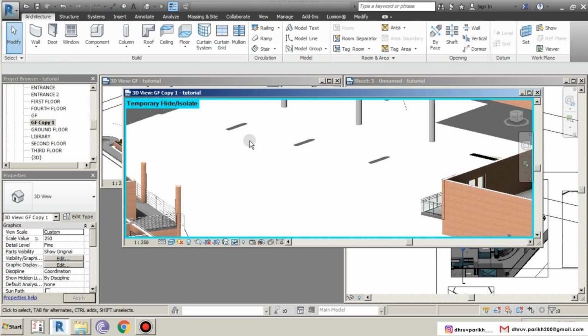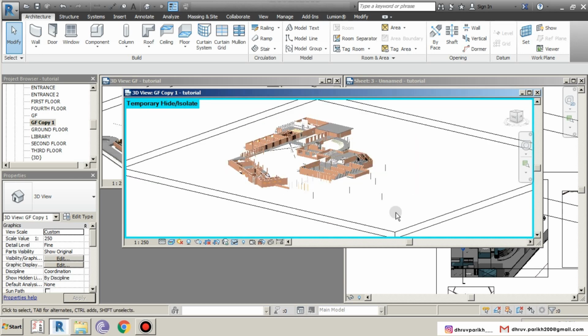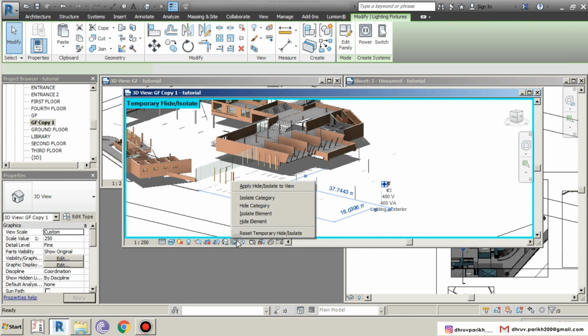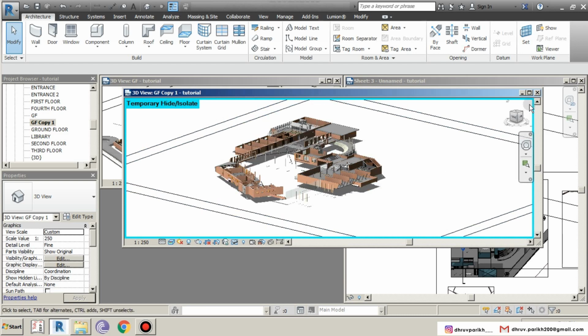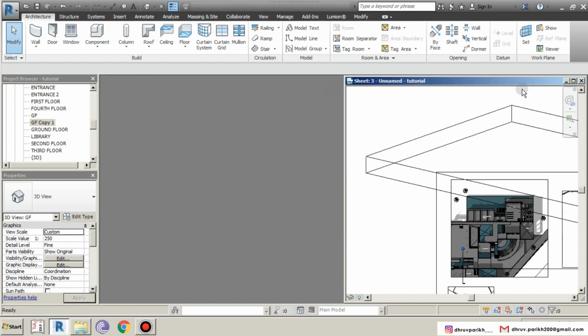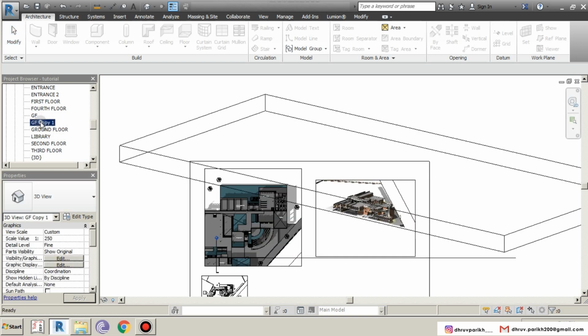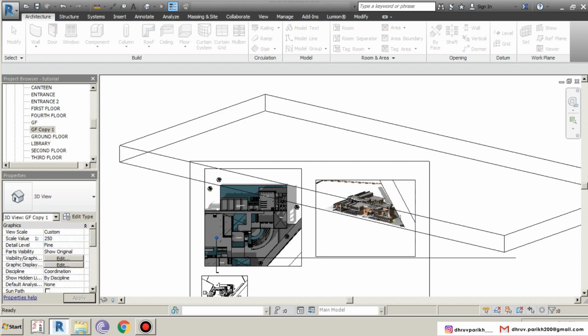Now you have these people and hide our unwanted elements. I have street lights which I don't want to show, so I'll hide them too. So these are ready. Now let's go to our sheet and place them. Go to project browser and just drag them.